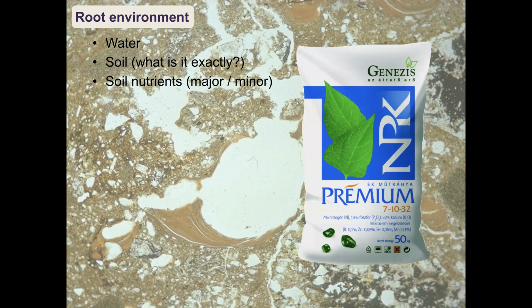And as we've seen in the soil nutrients part there, some of the more important nutrients that plants need are these ones that can be abbreviated NPK. So if you buy a fertilizer, these are the nutrients that are given as one number dash the other. It's NPK, which are the elemental abbreviations for nitrogen, phosphorus, potassium, and when you buy your fertilizer, they might be in different ratios. So 7-10-32 is 7% nitrogen, 10% phosphorus, 32%